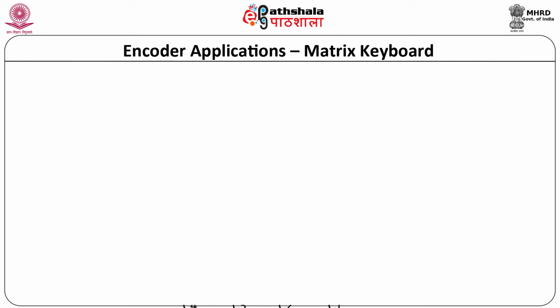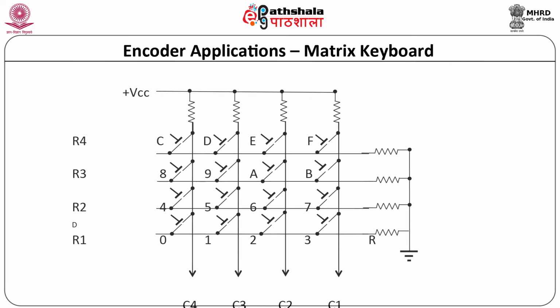As the number of keys in the keyboard increases, one can arrange the keys in a two-dimensional matrix in the form of a matrix keyboard. The figure indicates the arrangement of 16 keys in a matrix form. There are 4 rows and 4 columns. This type of keyboard is also known as a 4x4 matrix keyboard or hex keypad. One can use the keyboard scanning technique to detect the key pressed. In this matrix keyboard,